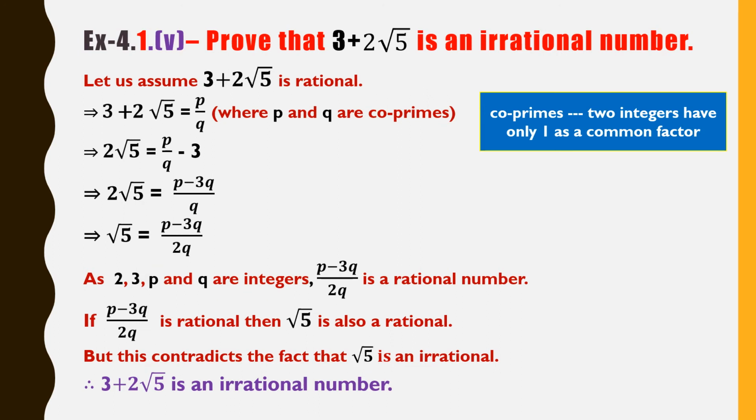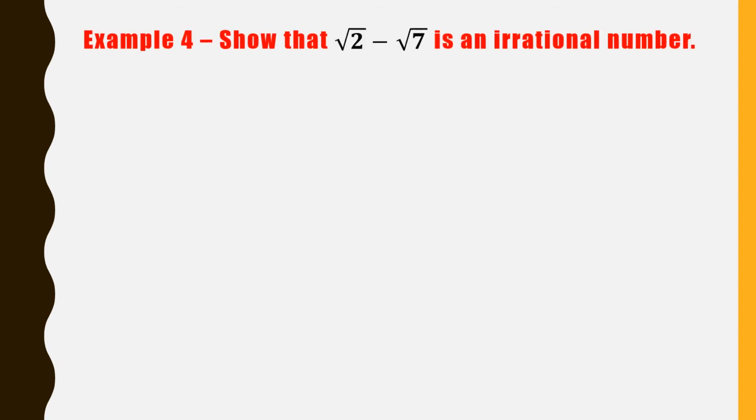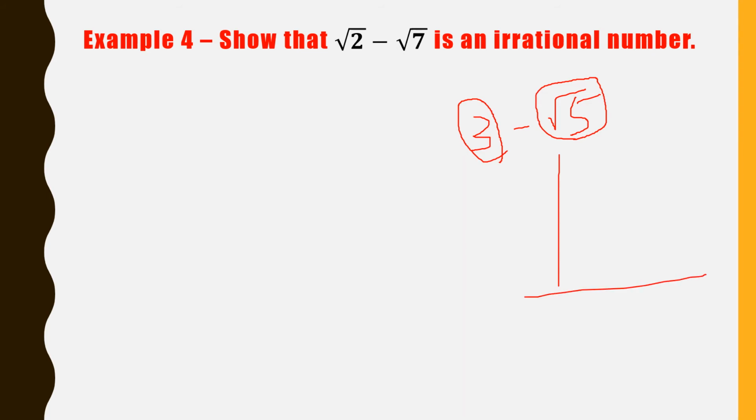Okay. So let us go to the next type. So here is a next problem. Show that root 2 minus root 7 is an irrational number. So these problems are very, very important. These are compulsory 4-mark problems. Okay. So just now we discussed 3 minus root 5 or 6 plus root 5, whatever it is. Here the root is only for one number. Here this is not having root. Okay, then we didn't do anything. We just wrote the statements and finished. It is a 2 marks problem.